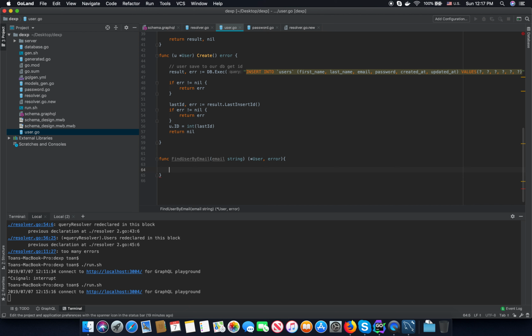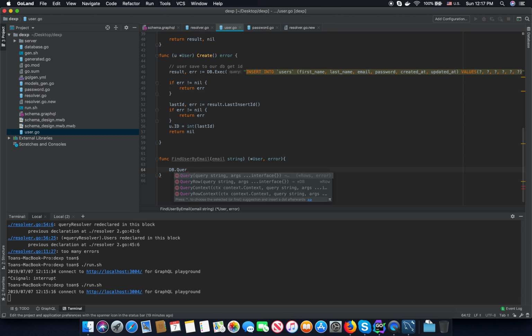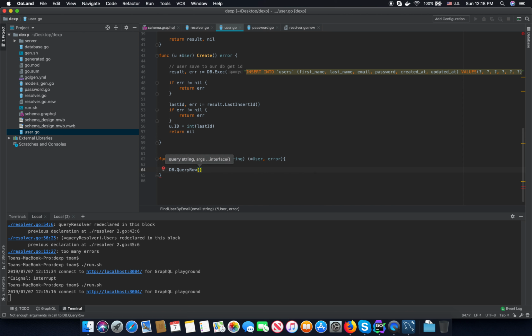Now I'm going to use db dot query row. When we are going to fetch one row in MySQL, we are going to use query row, not query. Query row means we return only a single row,